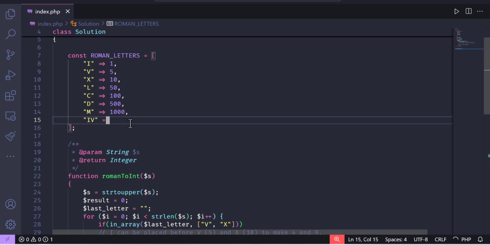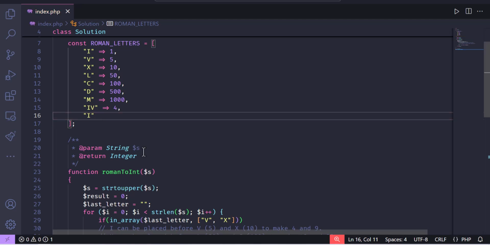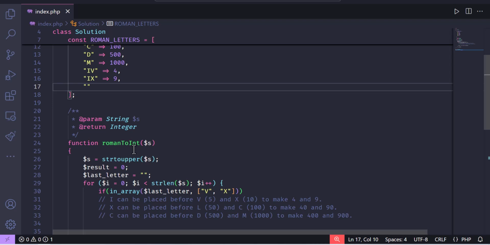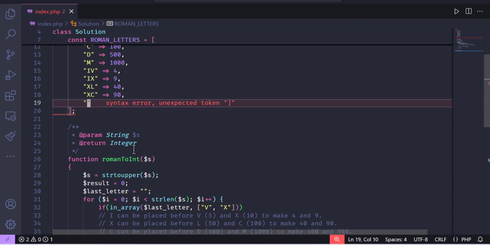IV is 4, I think, and IX is 9. Okay, and XL is, XL is 50, not 50, excuse me, 40, and XC is 90, and CD